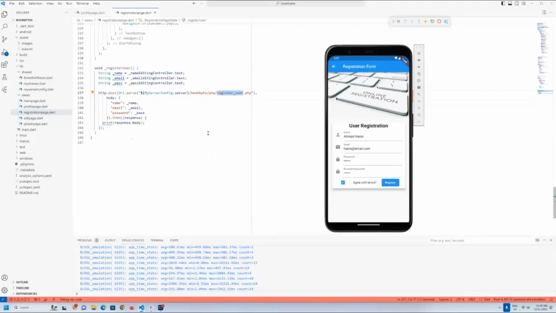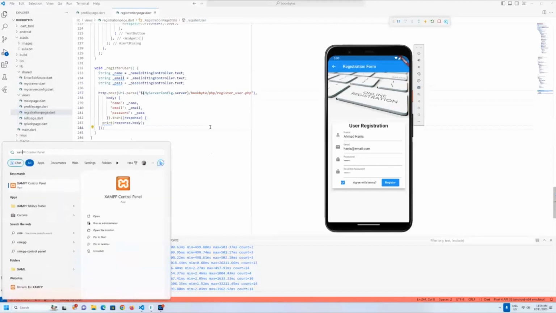For this, we need to prepare our backend service, our server directory, and also our database. For that to work, you need to install XAMPP. Okay, you need to install XAMPP. So if you already have one,